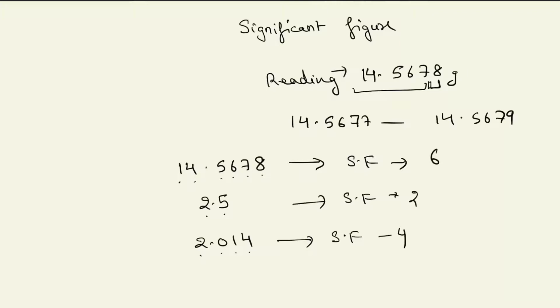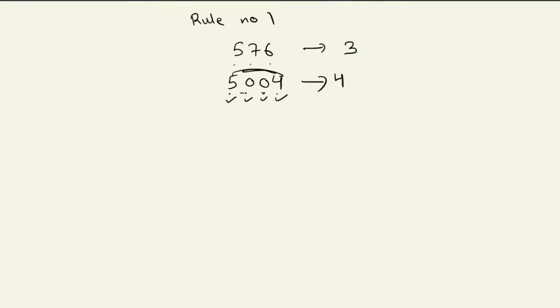Now how we are calculating these significant figures basically depends upon certain rules which we are going to follow one by one. Rule number 1. Rule number 1 states all the non-zero numbers and the zeros which are between the non-zero digits will be counted as significant figures. So let's suppose we say 5, 7, 6, all are non-zero digits. This means 1, 2, 3. So the total number of significant figures is 3. Let's suppose we take one more number. These are non-zeros and these are zeros which are between the non-zero digits. These will also be counted in the significant figures. So it will be 1, 2, 3, 4. So the total number of significant figures in this will be 4.